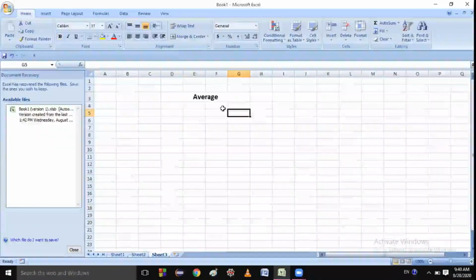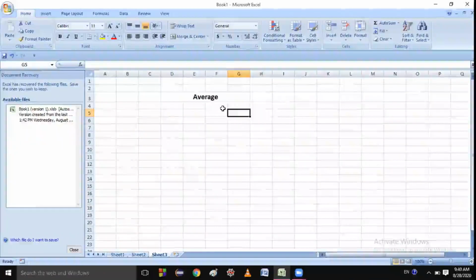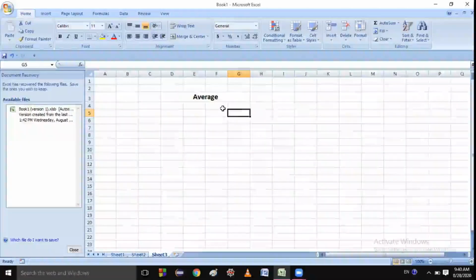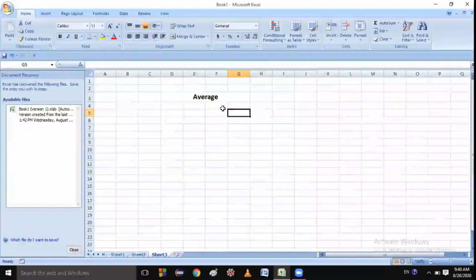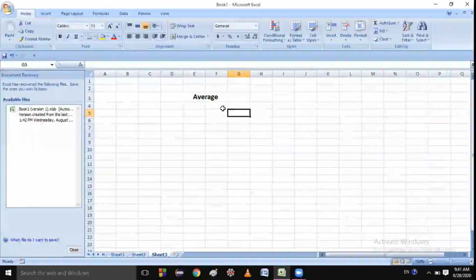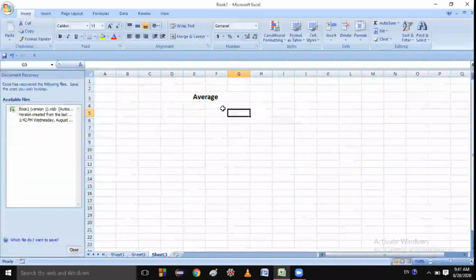Average means, suppose you got marks in 3 subjects like Hindi, English and Maths: 33, 35 and 40. If someone asks what is the average of the marks in 3 subjects, then students, what you will do, you will add these 3 numbers and divide by 3.